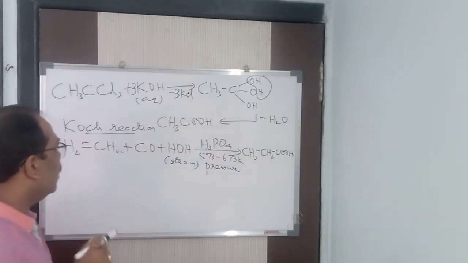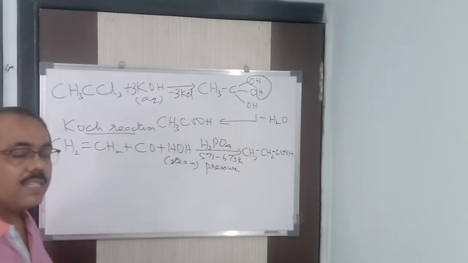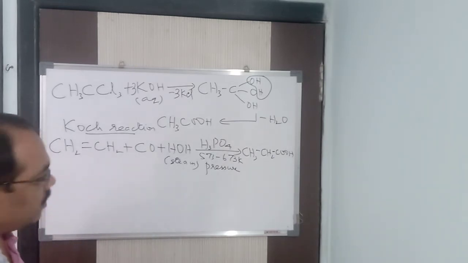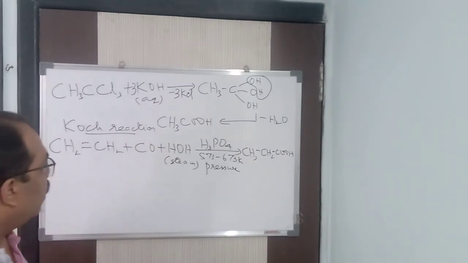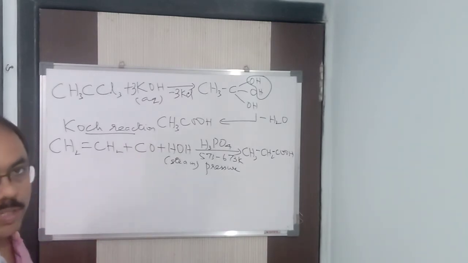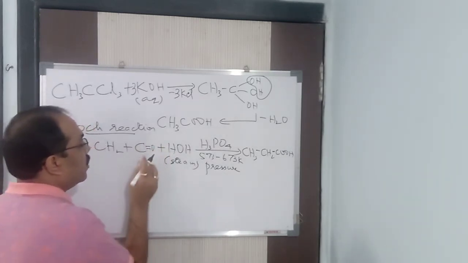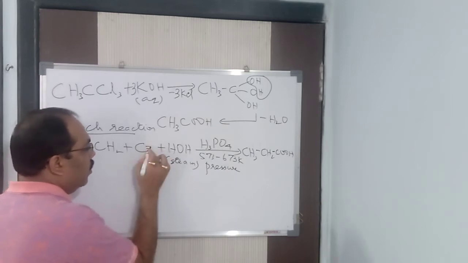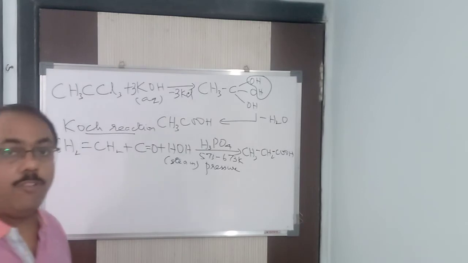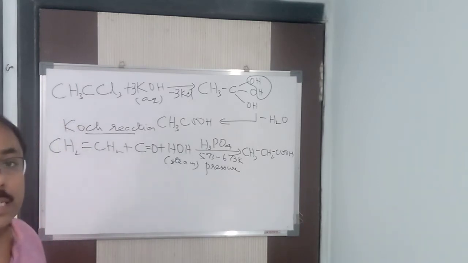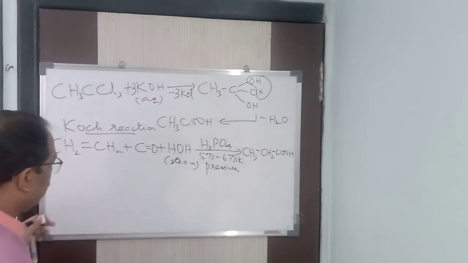Actually, if you see the mechanism, what exactly happens is that first it will react and form HCOOH, because carbon monoxide, C double bond O, is also the same thing. Listen carefully, C double bond O, carbon monoxide. So it is going to undergo addition reaction, and formic acid is going to form. Now what is formic acid?